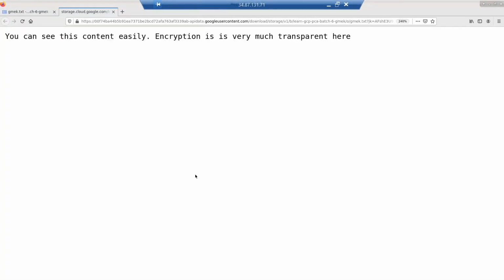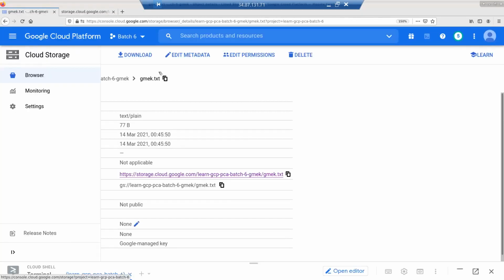So I'm able to see the content in the browser itself. So decryption, when I'm downloading it or viewing it, basically decryption is happening. But this is very, very transparent to me. So this is the first option. So let's go to the second option,